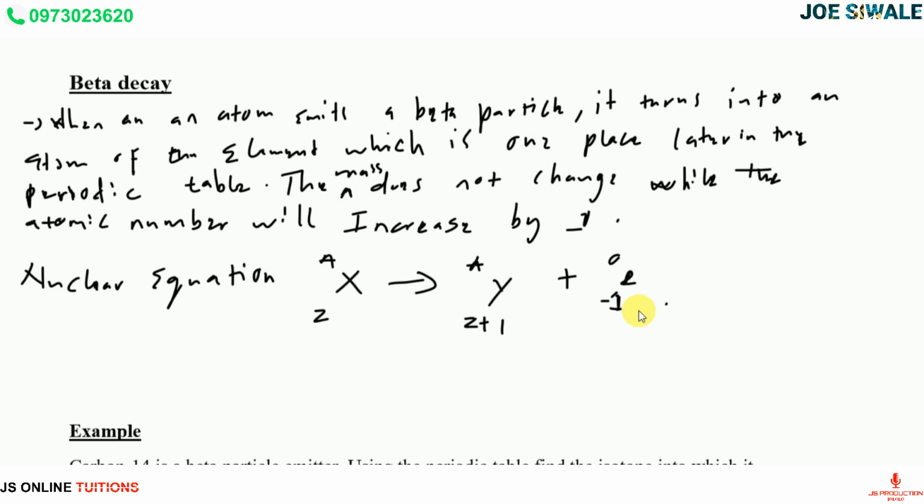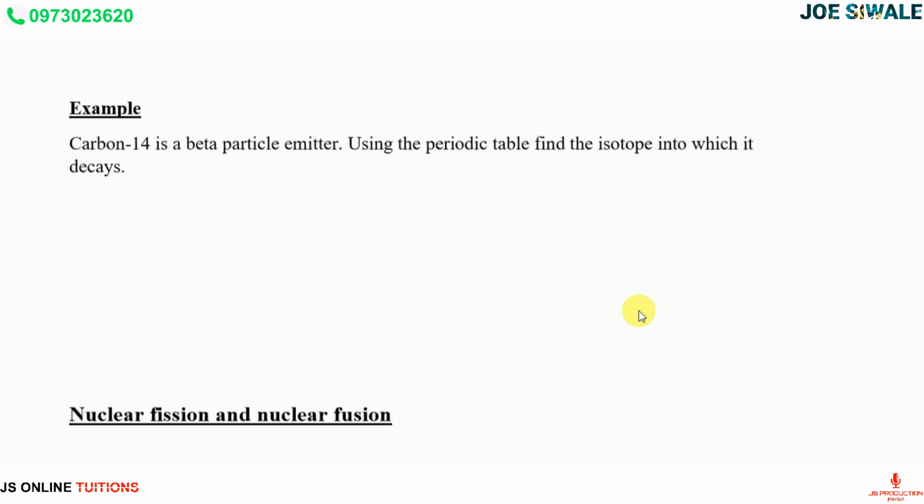Let us look at an example. So the example reads, carbon 14 is a beta particle emitter. Using the periodic table, find the isotope into which it decays. And if we check on the periodic table,